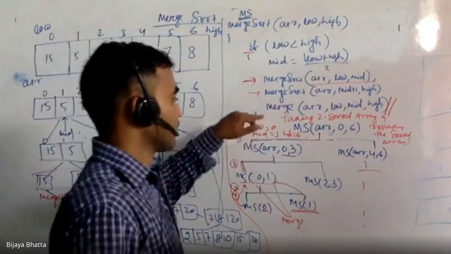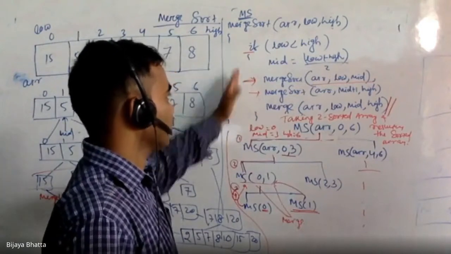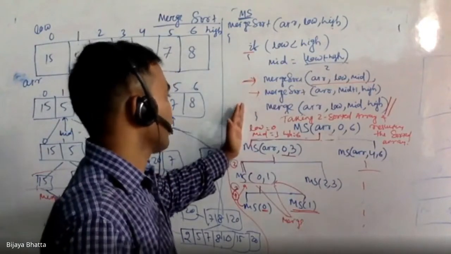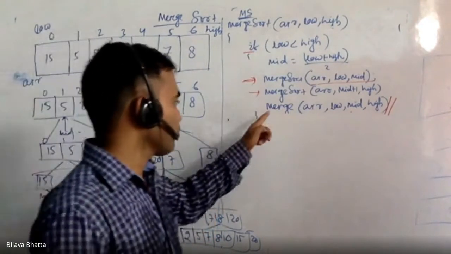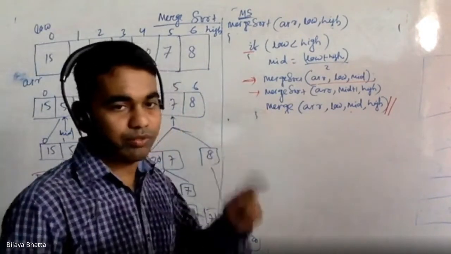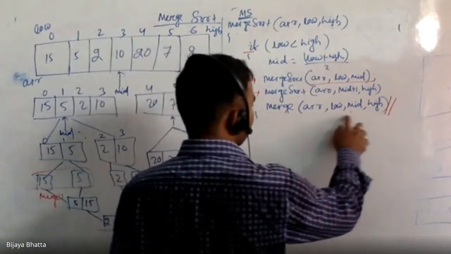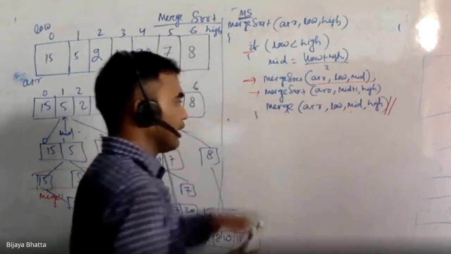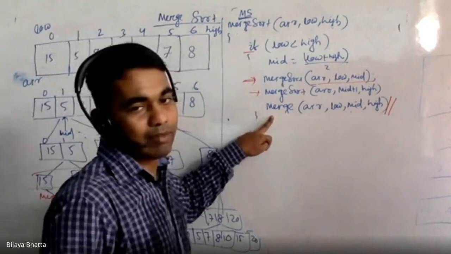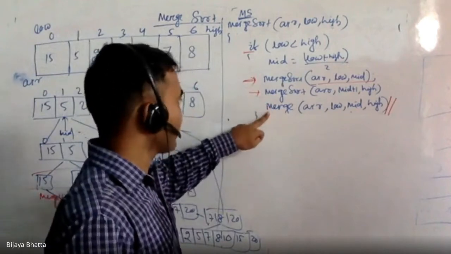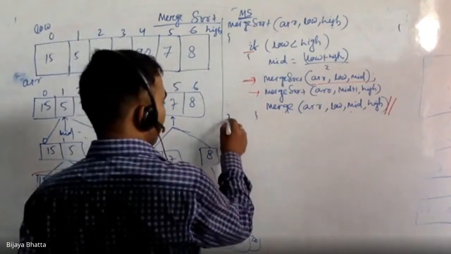And again, we will understand the time complexity of this merge. And again, we'll analyze this particular thing, right? So we have not analyzed what is the time complexity of merge sort, right? So these are the three things remaining. One is that we'll understand how this merge works, first of all, and then we'll try to find what is the time complexity of this merge algorithm, right? We'll write down the complete algorithm for merge, and then we'll understand the time complexity of merge. And once we find the time complexity of merge, then we'll calculate the time complexity of merge sort.